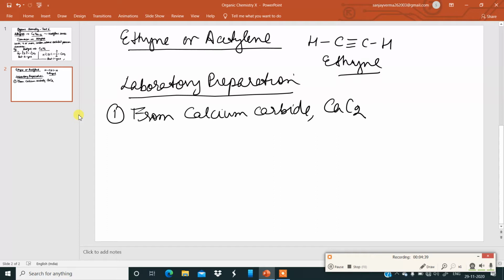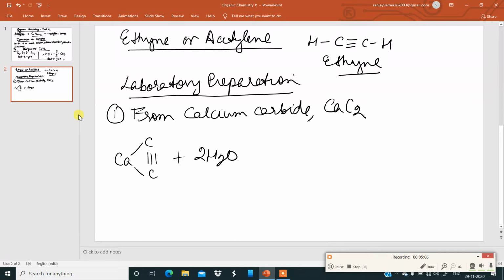Now the reaction: to prepare ethyne, we need calcium carbide and we need to react this calcium carbide with water. So I'll write the equation in this manner. Calcium carbide, like this. Now it is treated with water,